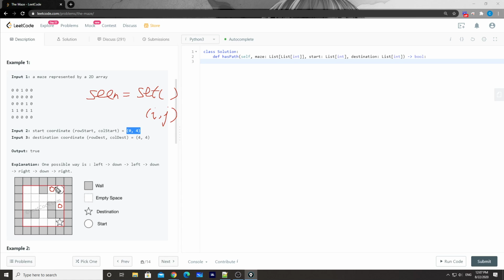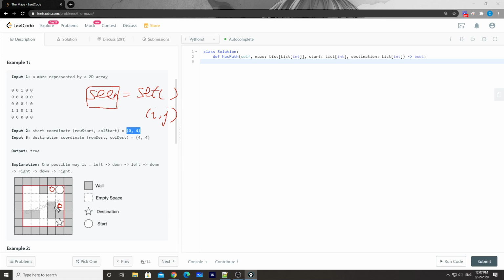If not, we add this position to the seen set, and then from here onwards, we keep rolling. The starting point has already been added to the seen set. From the starting point, we have two stops here. The first one is here, the second one is here. Once it stops, we start rolling again.